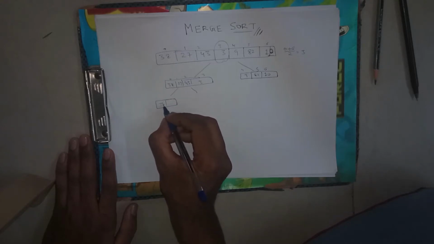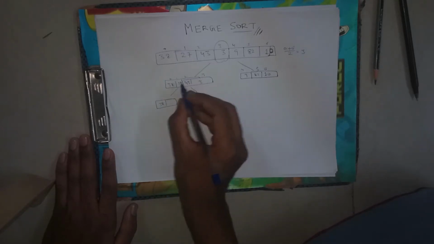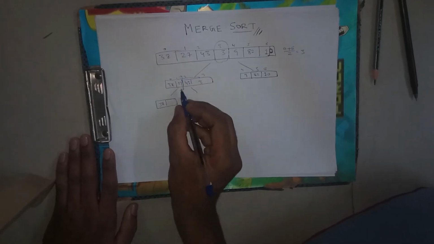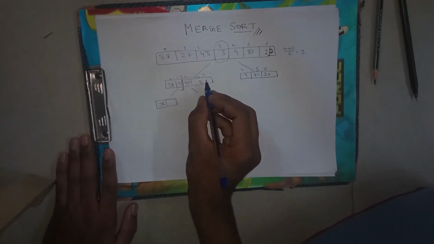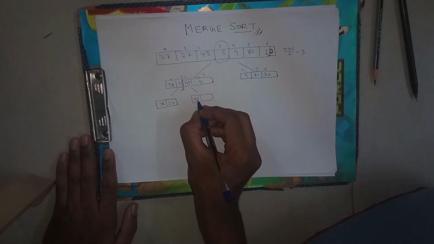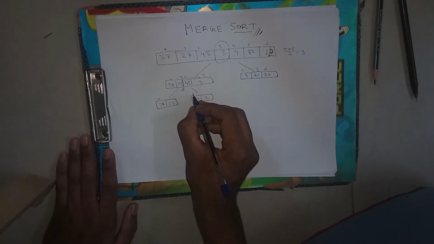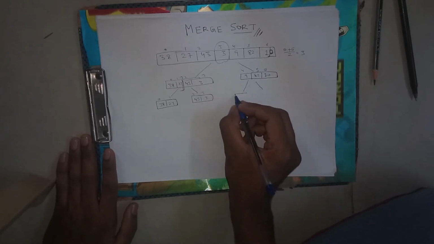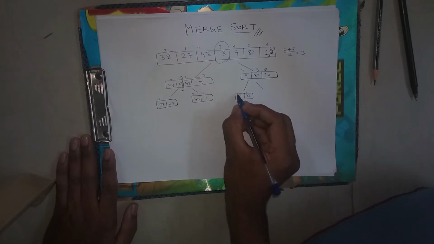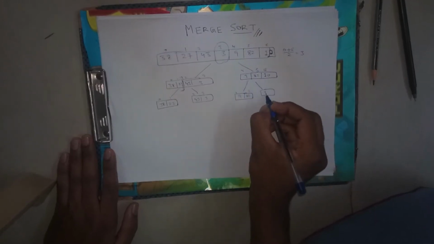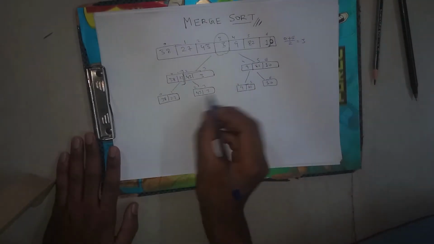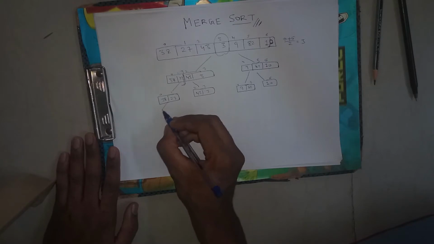So what you will get is 0 plus 3 by 2 is 1, so up to index 1 on the left side, and from there on the right side. Okay, so now we take this 43, 3. The index remains the same. Here 4 plus 6 by 2 is 5, so you get 9 and 82 on the left side, and 10 bare handed. So only 10 is left alone.